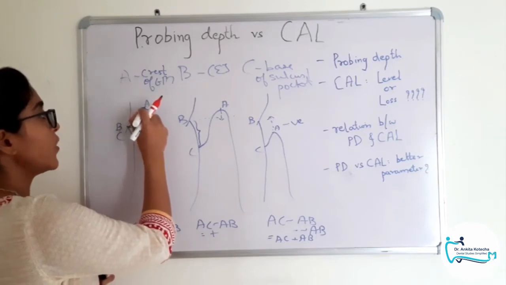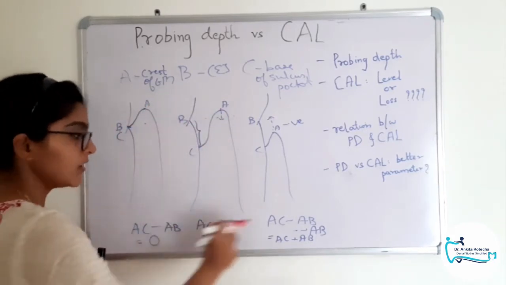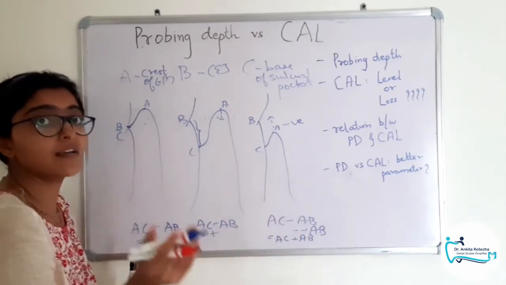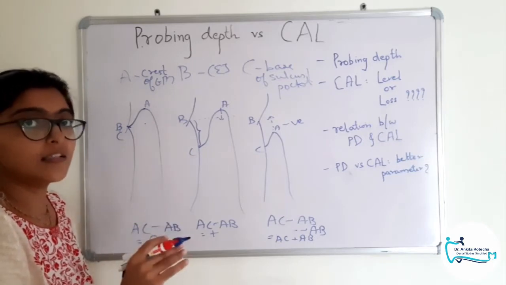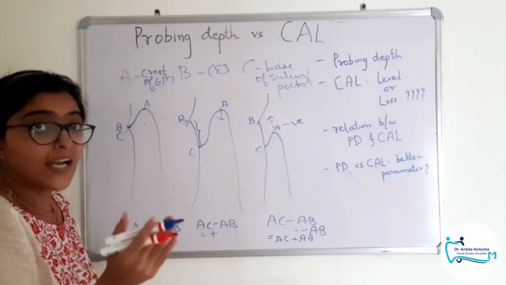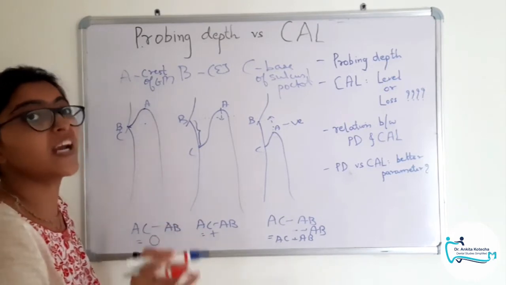The distances AC and AB have to be subtracted in all the cases, even in recession, but according to the textbook language it is written that you have to add the values. Why? Because of this general mathematical rule. See the concept behind the concept.